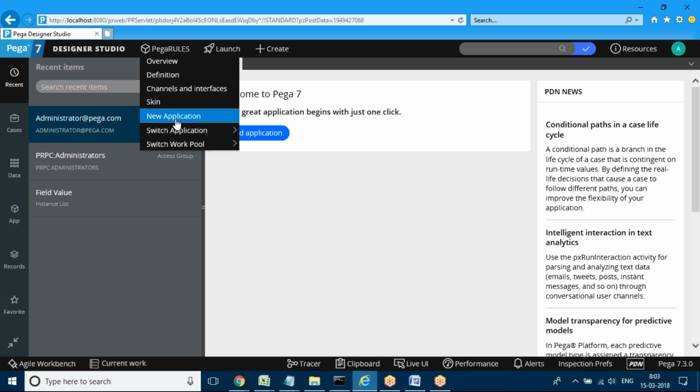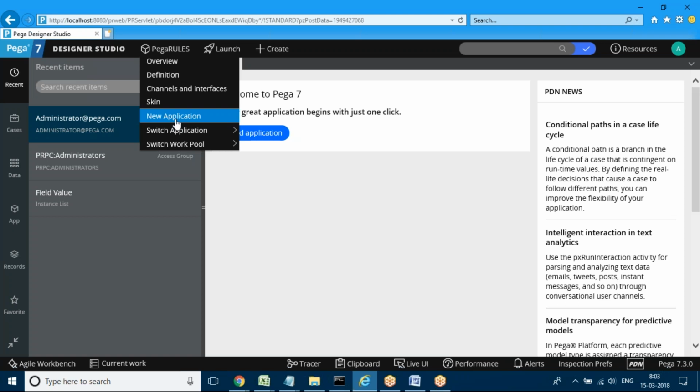So this is one difference between previous versions and the current version, that is adding a new application. But remember, in real time, as a developer you will not create a new application. Either a technical lead will create it or a business analyst will be involved in the application design process. But in the personal edition, a single user will be using the entire application, so here we have to create the application first, and only then can we start the design.